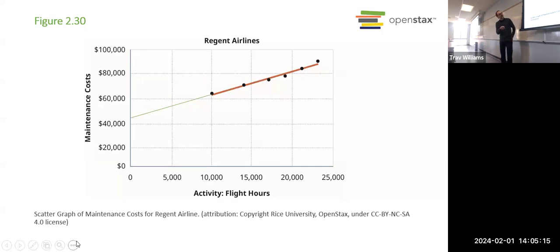So for example, if we had 5,000 flight hours, we could just look on this line and say, okay, it would be right here around 50,000 or whatever that would come out to. Right? So that'd be one way to estimate our costs. Or if we had flight hours up here, we would just have to see what point that line extends to and then come across to see what the cost would be. So that's how you could use a scatter graph to estimate your mixed costs fairly accurately, okay?